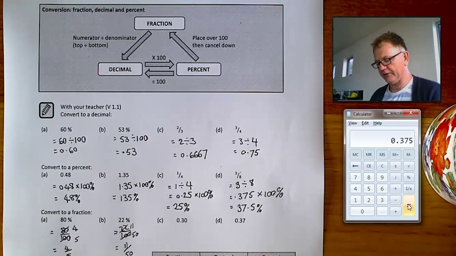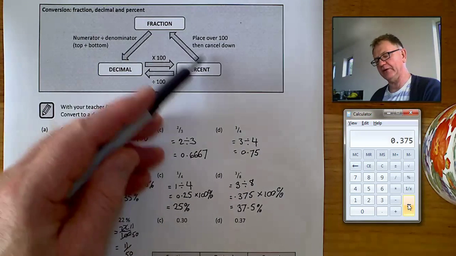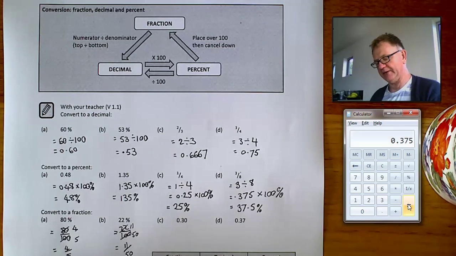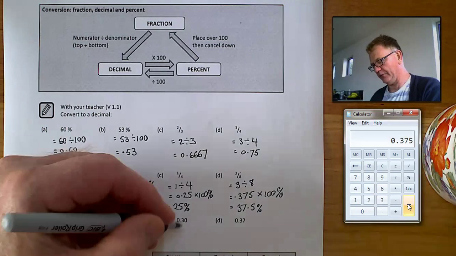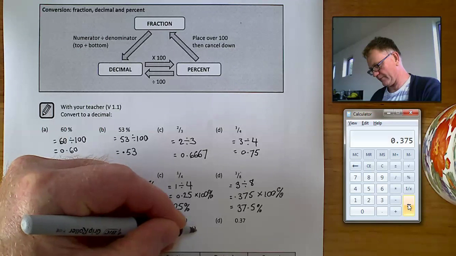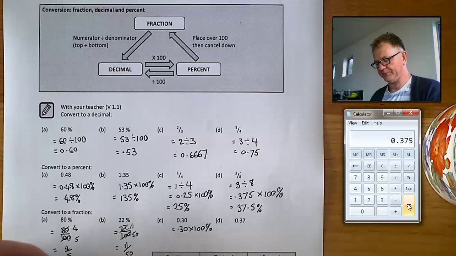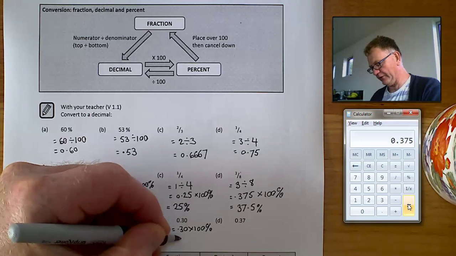The last questions involve converting decimals into fractions. And once again, I'd suggest this is a 2-stage process. To convert your decimal to a fraction, it's best to go around this way. You'll convert it into a percentage first. In this case, if it's 0.30, what we do is we times it by 100, and that expresses the answer as a percentage. So 0.30 equals 30%,